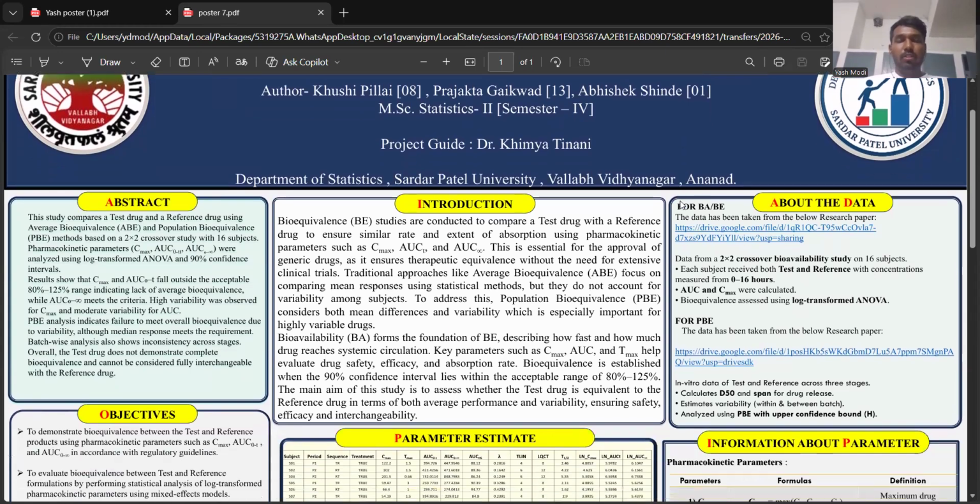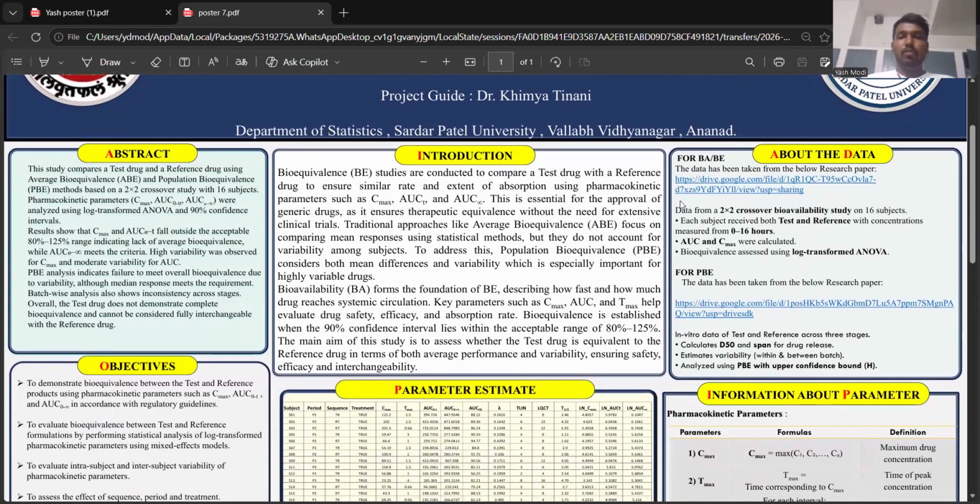So our introduction is: bioequivalence (BE) studies are conducted to compare a test drug with a reference drug to ensure similar rate and extent of absorption using pharmacokinetic parameters such as Cmax, AUC 0 to T, and AUC infinity. This is essential for approval of generic drugs as it ensures therapeutic equivalence without the need for extensive clinical trials. Traditional approaches like average bioequivalence (ABE) focus on comparing mean responses using statistical methods, but they do not account for variability among subjects. To address this, population bioequivalence (PBE) considers both mean and variability, which is especially important